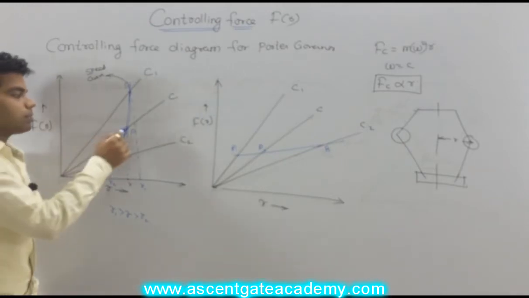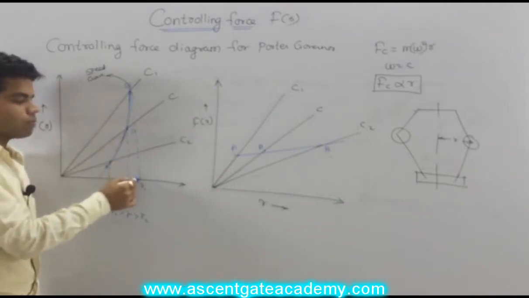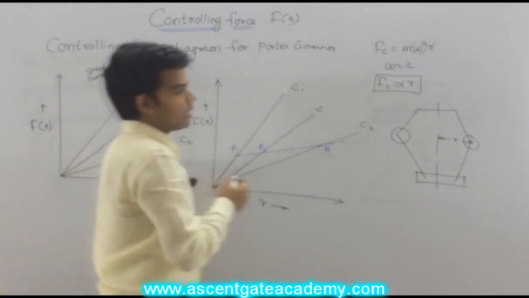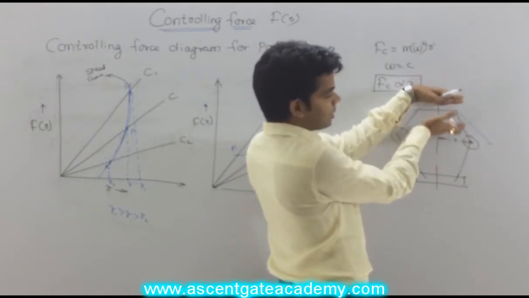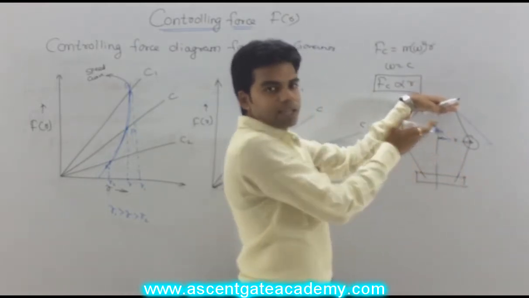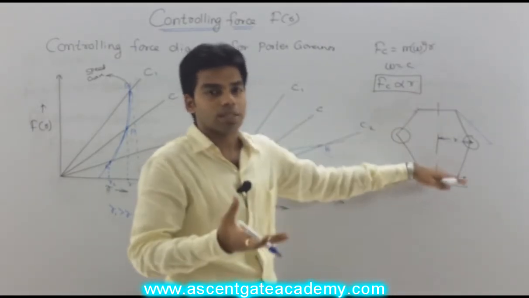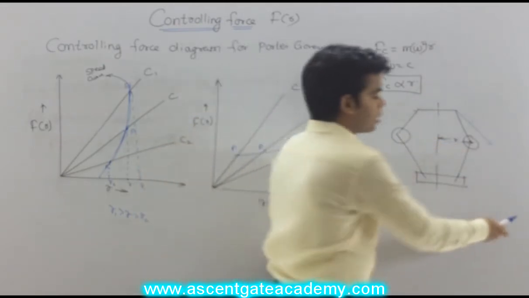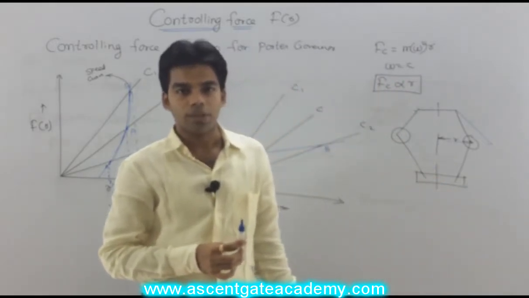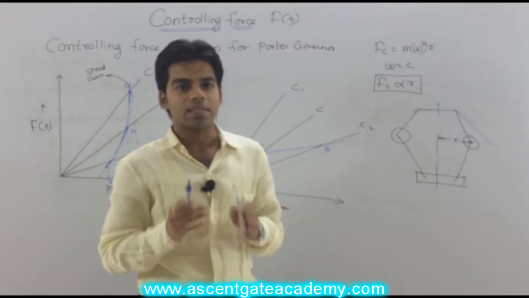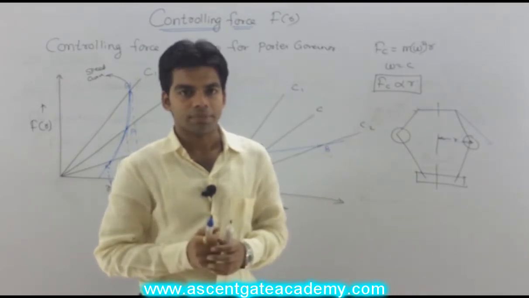Now, if the speed of the governor is increasing, according to this curve, the radius of rotation of the ball is also increasing, and obviously this sleeve will move up. As we have seen in the working of governor, as the sleeve is moving upward, the control valve will tend to close, so less fuel will pass through it, so that the speed can be decreased and maintained at the equilibrium speed. Getting this? Or mean speed. Clear or not?